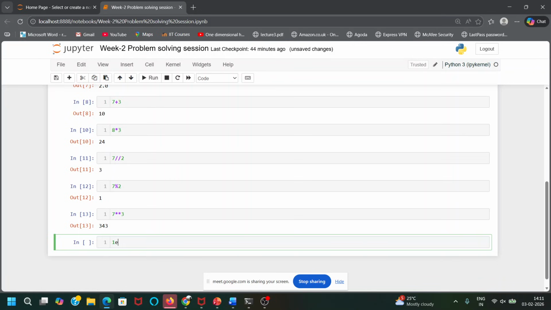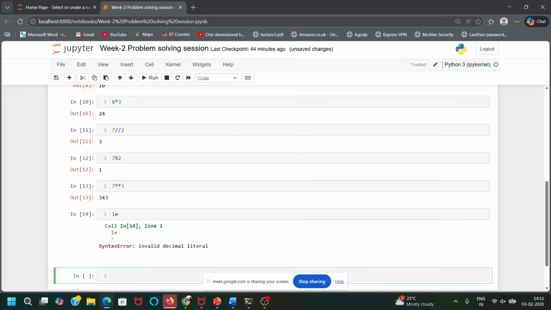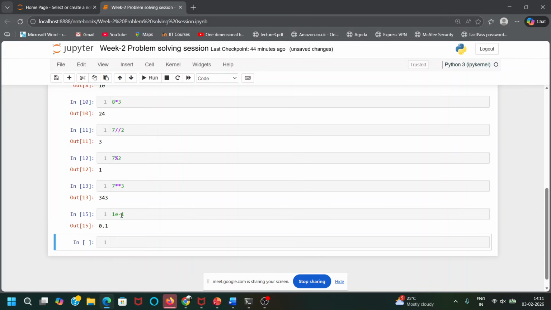Let's say 1E minus 1, if I write and run, you can see this is 0.1. It means 1 into 10 to the power of minus 1. If I write 1E1, that represents 1 into 10 to the power of 1, which is 10.